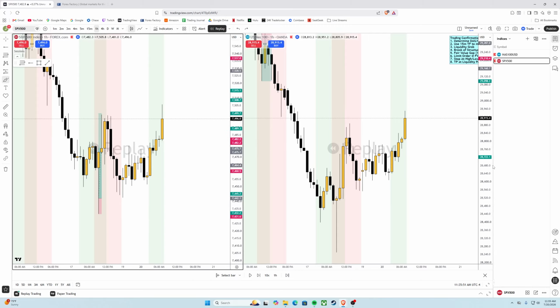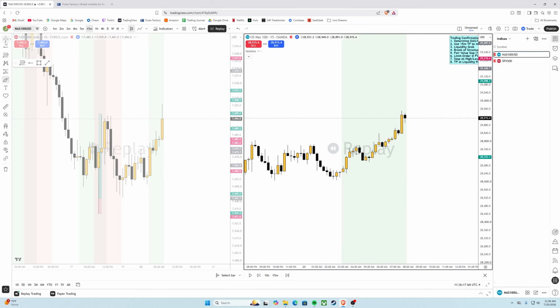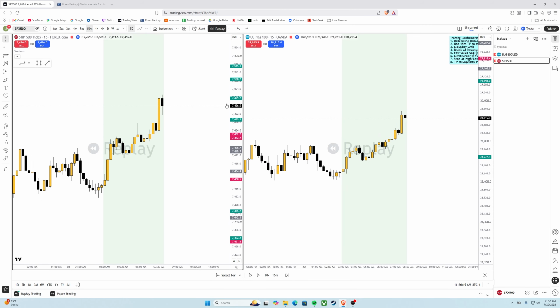Now if we look at the Nas, you'll see that it was previously bullish, price made this high, and then this high was cleared with this candle up here. So this move up here, what was the last swing low prior to this move? It is this low right here. Clearly this low was not traded through, price never went under this low, so we are bullish for both pairs.